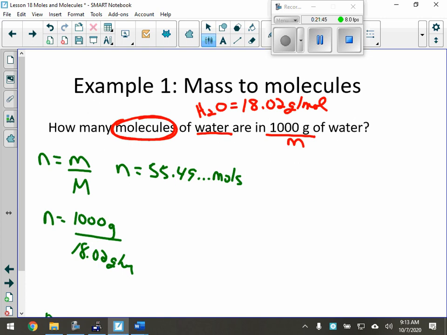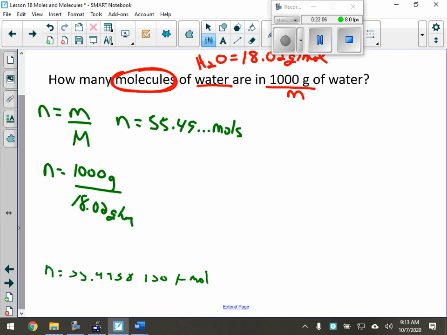Is that my final answer, I guess? Did I answer the question yet? No. That's moles, and I need to get to molecules, okay? Now, we are not going to round this number because this is not my final answer, right? Okay, so I'm going to leave that number on my calculator. It's still there. And now I'm going to take this number here, 55.49 moles, and I'm going to be like,